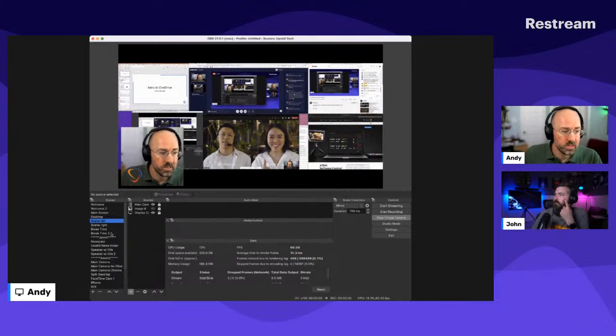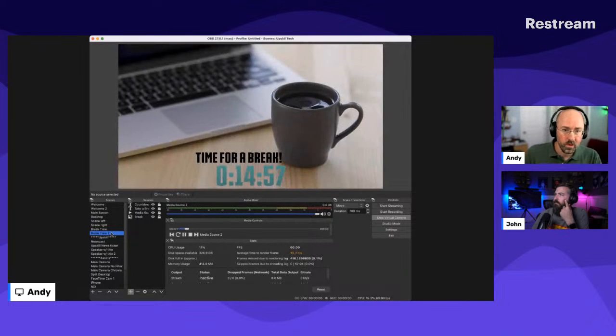So for example, I have this break time here. That's just an animated GIF, just a little coffee cup spinning. And on top of that, I added some text. So there's a text input, and then there's a secondary text input, and that's a countdown timer. That's a plugin. It's free, and it's called Countdown Lua. There's a whole bunch of developers out there. They create this stuff for free, and they throw it out there. And so you can use that on top of this.